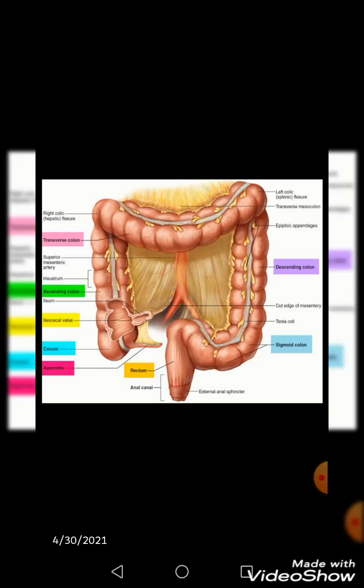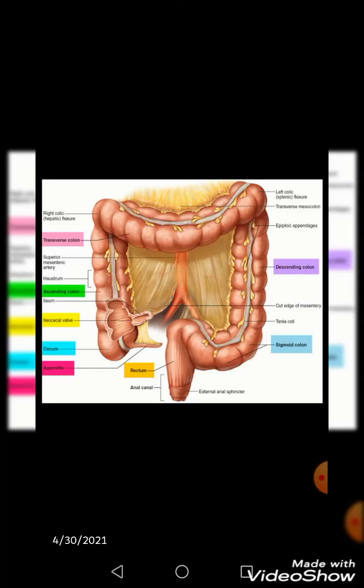Now what next? We expect no more digestive enzymes to be secreted inside. And what else do we find here? There is normal gut flora that lives inside, and they facilitate your digestive process by decomposing your food material. And finally, the smaller products of your digestion are absorbed by the inner epithelial lining cells. But of course, there are enteroendocrine cells that are meant to produce some gastrointestinal hormones.